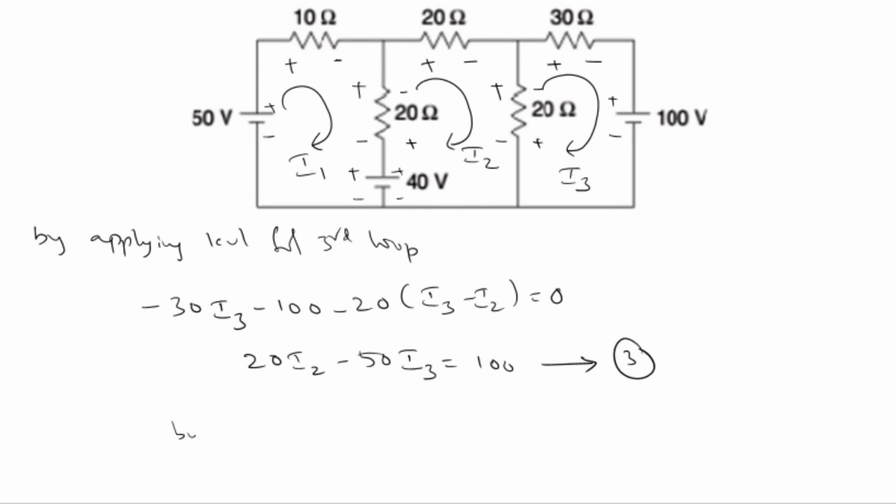By solving equations 1, 2 and 3, we can obtain the values of I1, I2 and I3. I1 is equals to 0.448 amperes, I2 is equals to 1.724 amperes and I3 is equals to minus